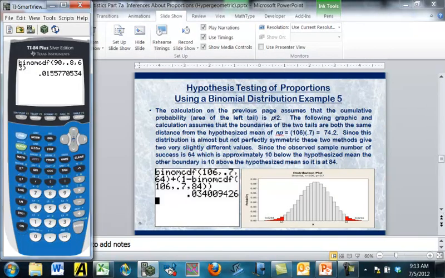So let's rework this. For the left tail we should have binomial CDF of 106. We're going to choose 0.7, and we're going to go up to and include 64. That's going to give us the 0.0218. To that we're going to add, parentheses, 1 minus binomial CDF,